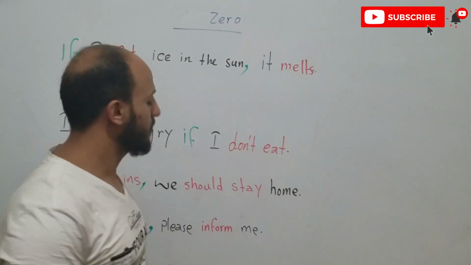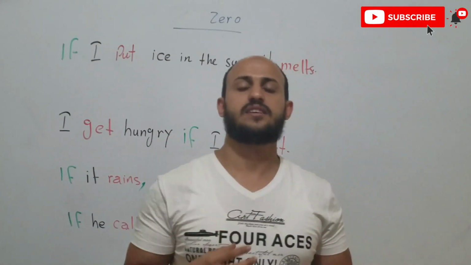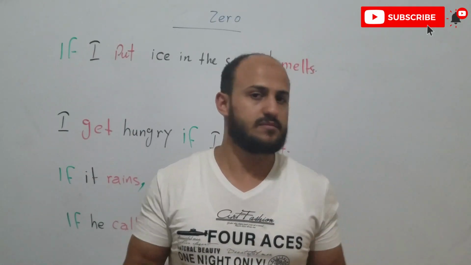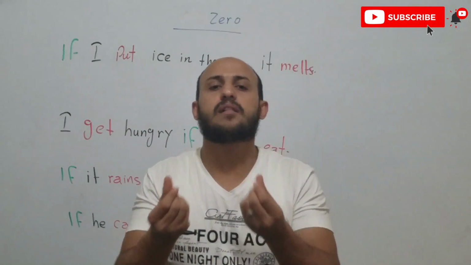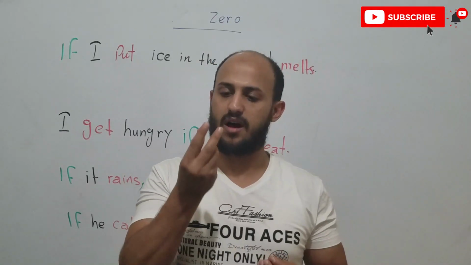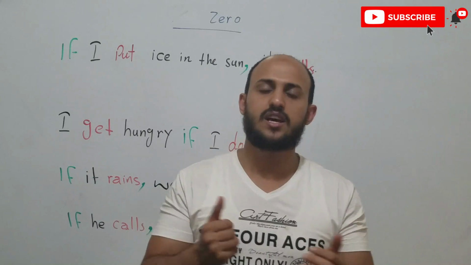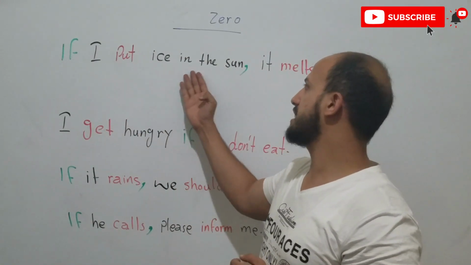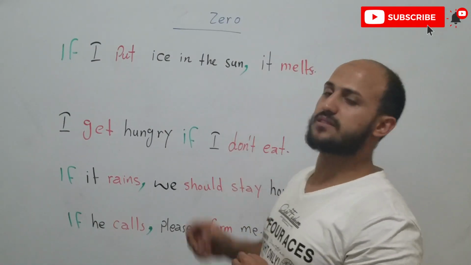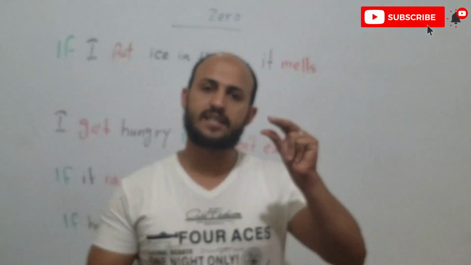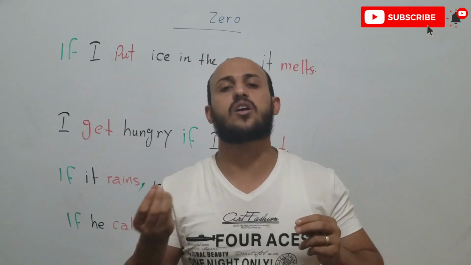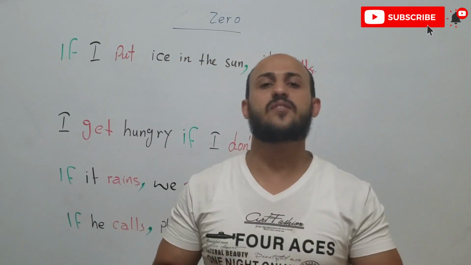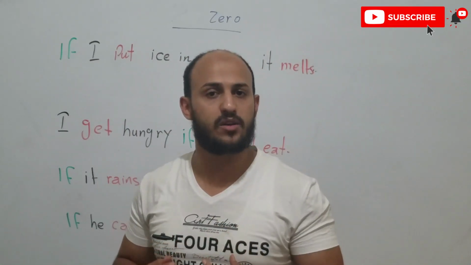Let's start. For example, I have ice. If I put ice in the sun, it melts. It changes from ice to water, right? So this is the first condition. So we say, if I put ice in the sun, it melts, all right? So the ice will change to be water, all right? Liquid, you understand? So this is the first condition. We don't call it number one, we call it zero